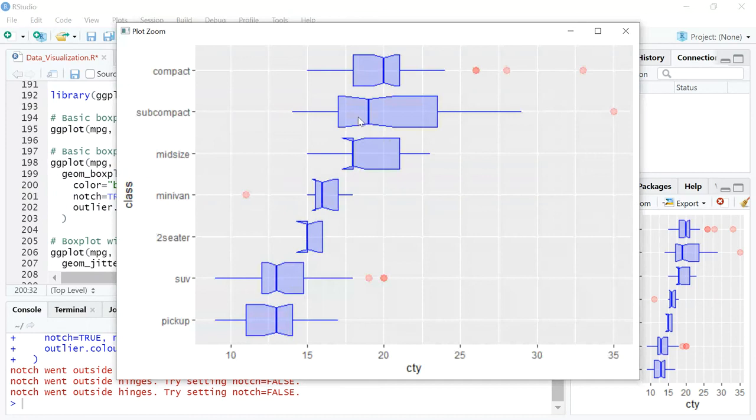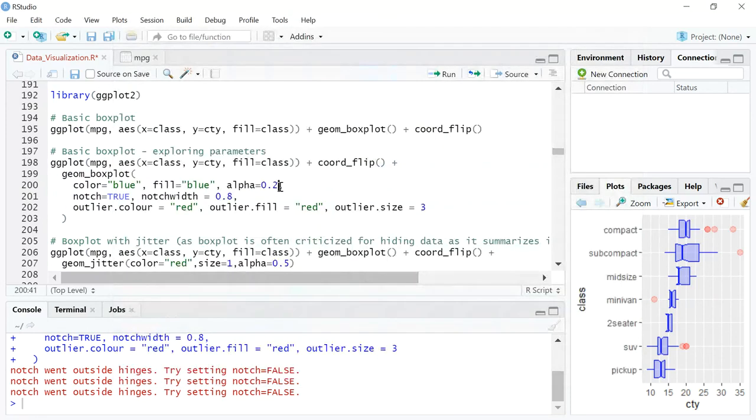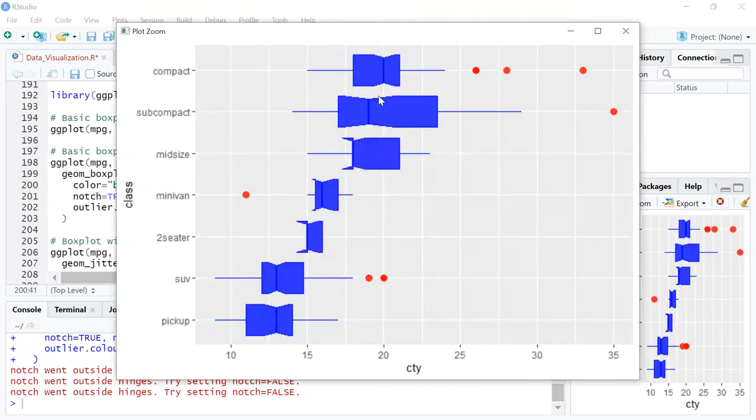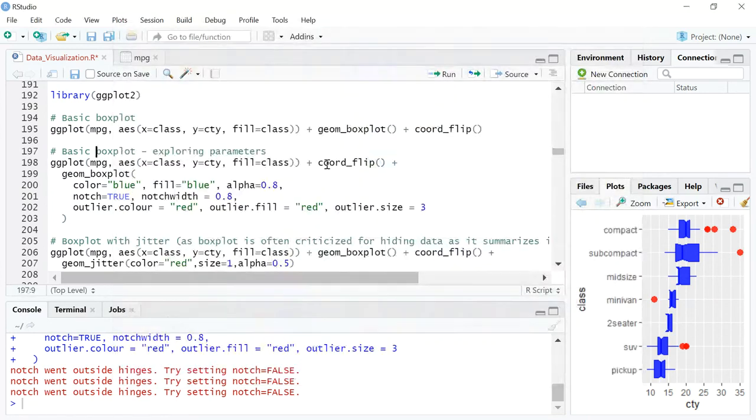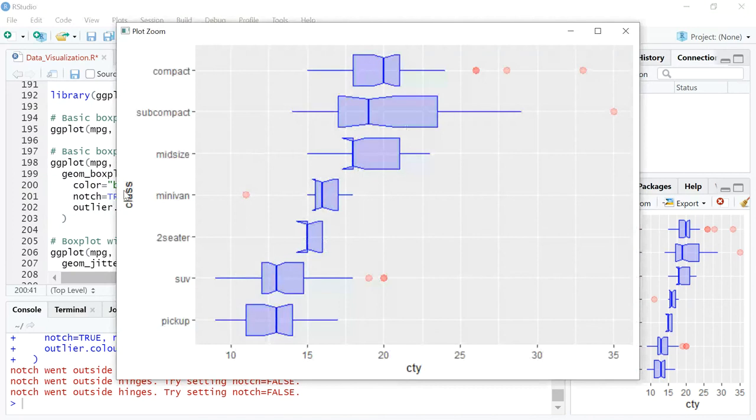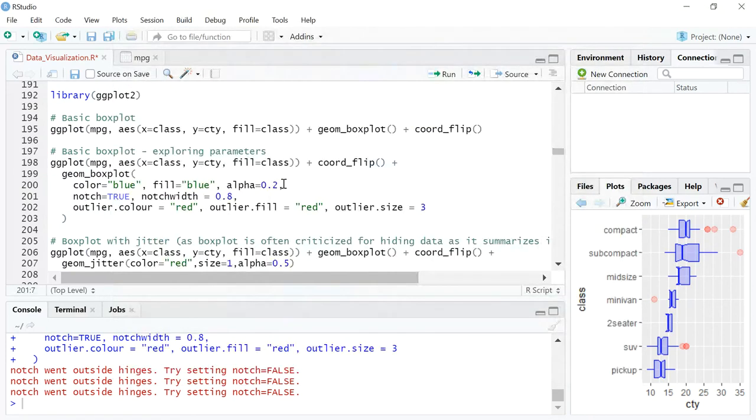So what does alpha do? If you keep alpha as 1, or if you keep alpha high and then you run the code, it just gives you more depth, right? But if you want to increase the transparency of that color and run it again, you see that it has become lighter, right? So that's what alpha does. So line number 200 just tells you how to color the outline, what you want to fill inside, and how to make it transparent.